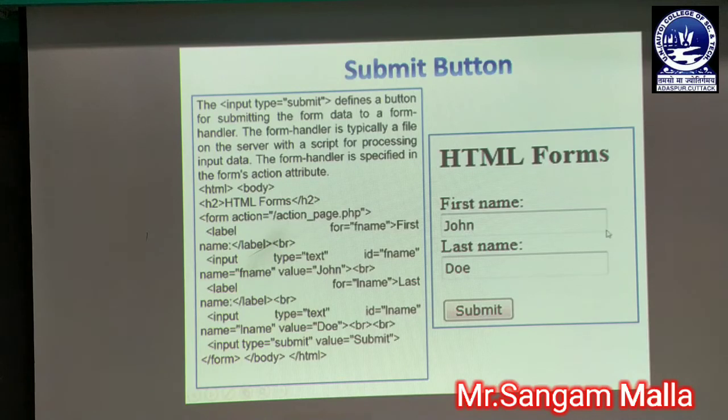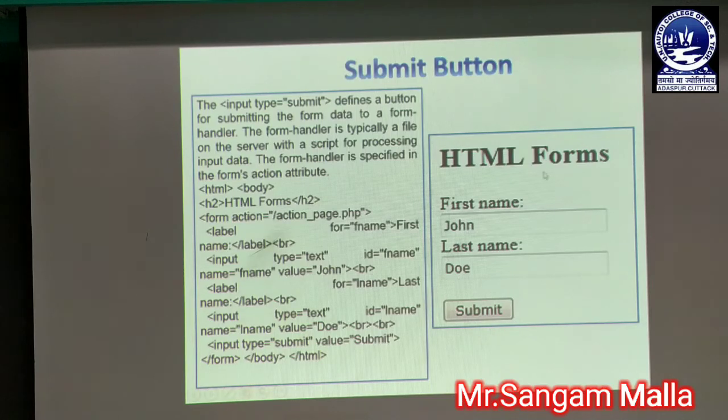Similarly, we have to move to the next line, so we have used the br tag and the cursor moves to the next line. You can see that another label has been printed over here, that is last name. The label is a container tag and we have used the last name label over here. We have to move to the next line, so we have used the br tag. Again the cursor moved to the next line, and then we have inserted another text box. To insert the text box, as we already know, we write input type equal to text, and we have given the value as Doe. You can see that the single line text box of 20 characters by default has been printed over here with the value Doe.